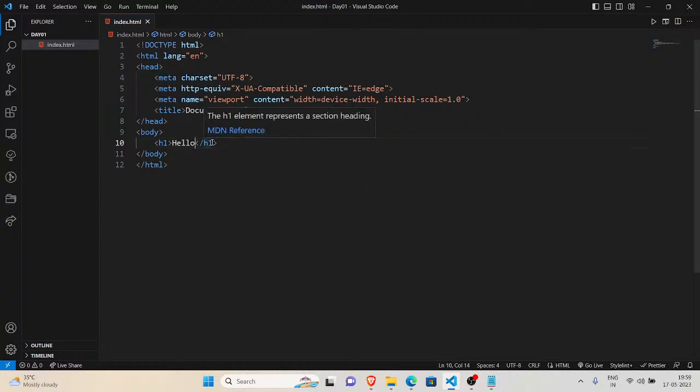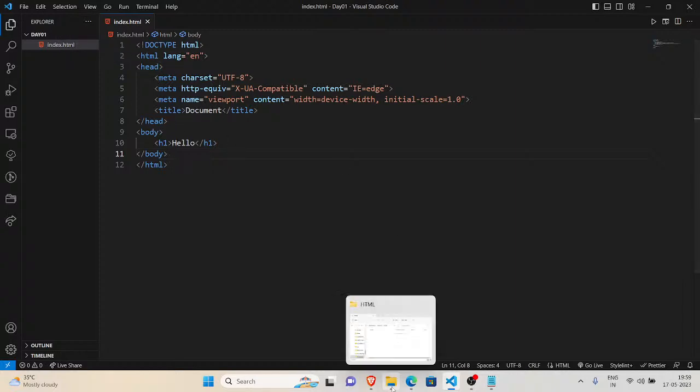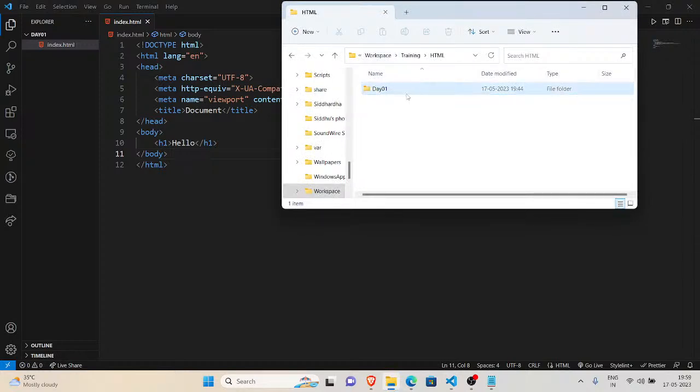I will explain what h1, body, head and HTML tags are. Just be patient. Let me run this file. To run this file, we need to open the file. That's it. Click on the file. This is our output, guys. Are you with me? Just hit a thumbs up in the chat box.